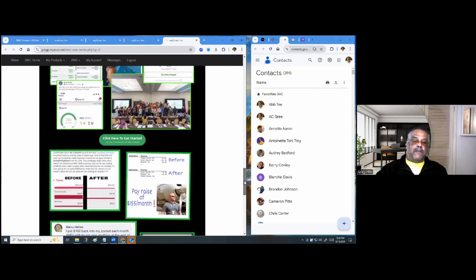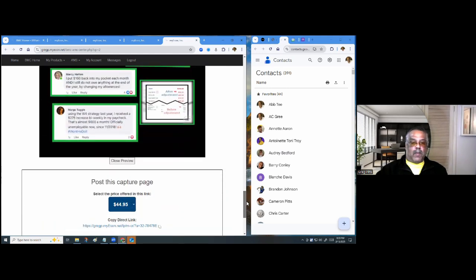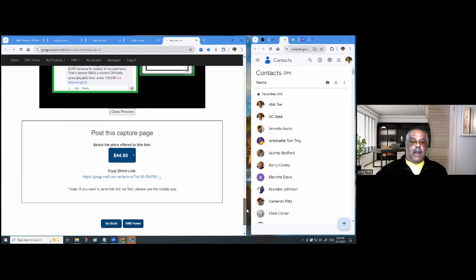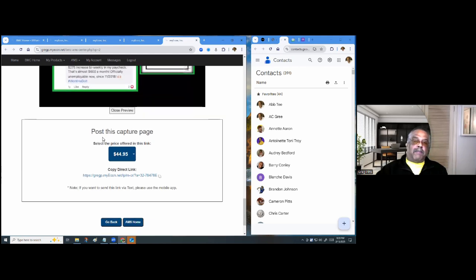They can get more information. And then also at the bottom here, it tells you to go ahead and post this capture page, but it gives you an option of what price range you want to do. If you want to do the Elite Business for